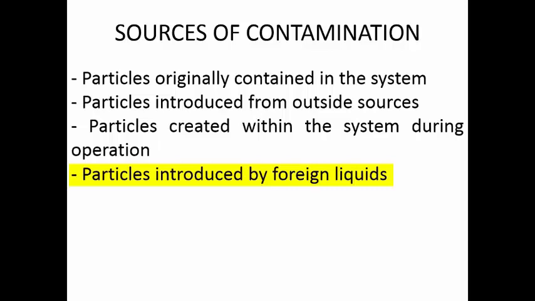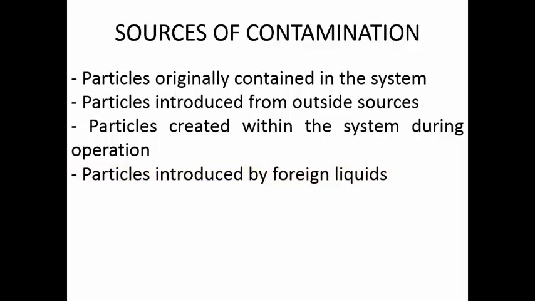Sometimes the exact grade of the hydraulic fluid may not be available. So what will you do? You are going to select the nearest fluid which has the nearest properties. When you are selecting such a fluid for operation, you have to make sure that whatever additives are in the hydraulic fluids, they are not going to react with one another or cause any other problems. If you are not taking care of all this, and you add some new foreign liquid into the system, then it will start reactions, and more contaminants and damage will be caused to the system. So these are the sources of contamination.